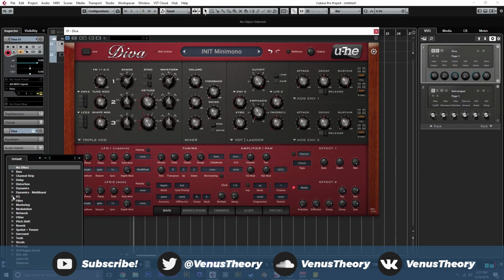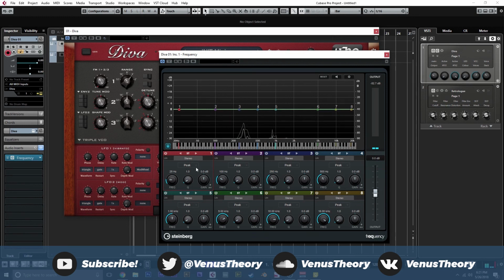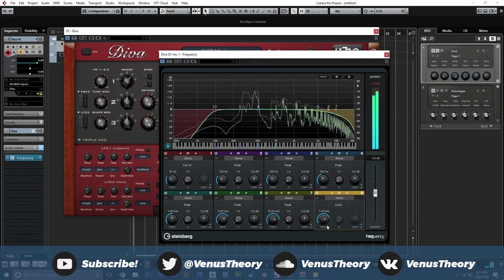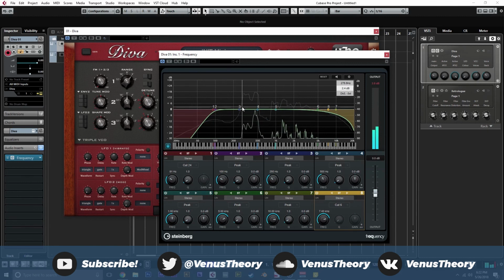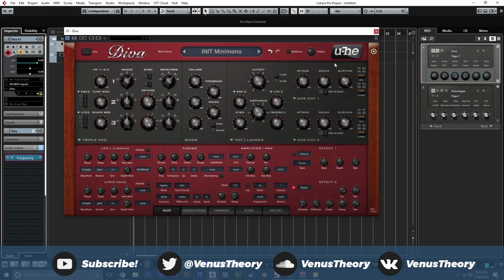From here, we could use a touch of EQ, cut out some of the low end that we really don't need, and maybe taper off the high end after about 7K or so. And play some big spooky minor chords. From here, there's a couple other things we could do. We could filter this,